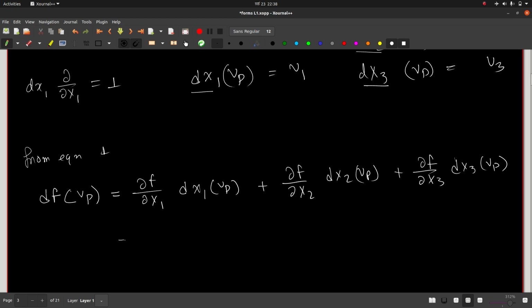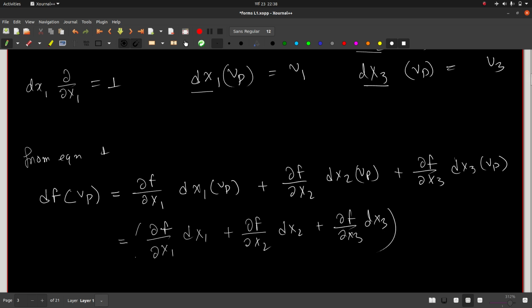So in that sense, you can write this as df/dx1 dx1 plus df/dx2 dx2, and this whole thing operating on this vector v of p, right? And comparing the left hand side with the right hand side should convince you that